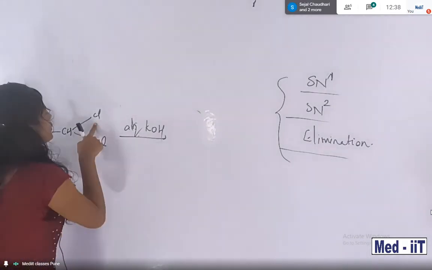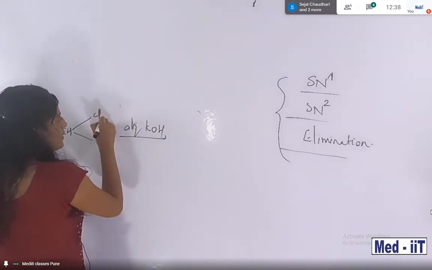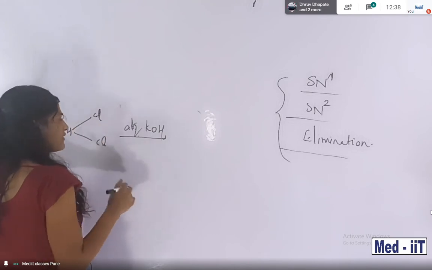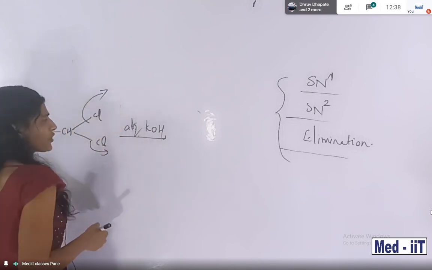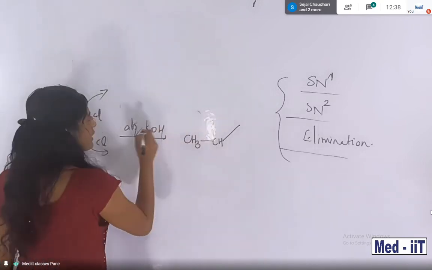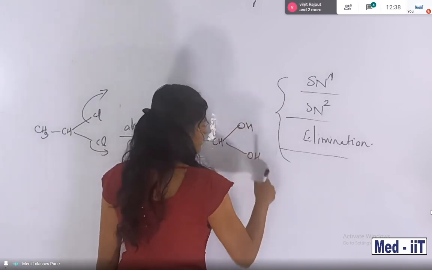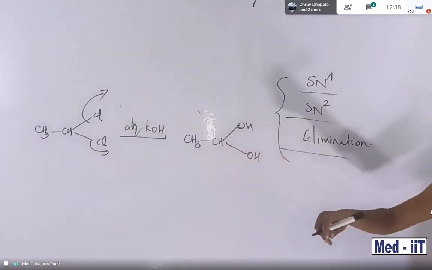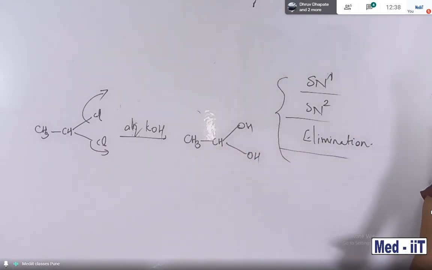Here chlorine halogen is there. This halogen is also removed, and that one also. In the presence of halogen, they are easily removed because they are leaving groups. So the product becomes CH3CH, and instead of the halogens, two OH groups are substituting. However many halogens there are, that many halogens are replaced by OH groups. Understood? Yes or no? Text me, students.